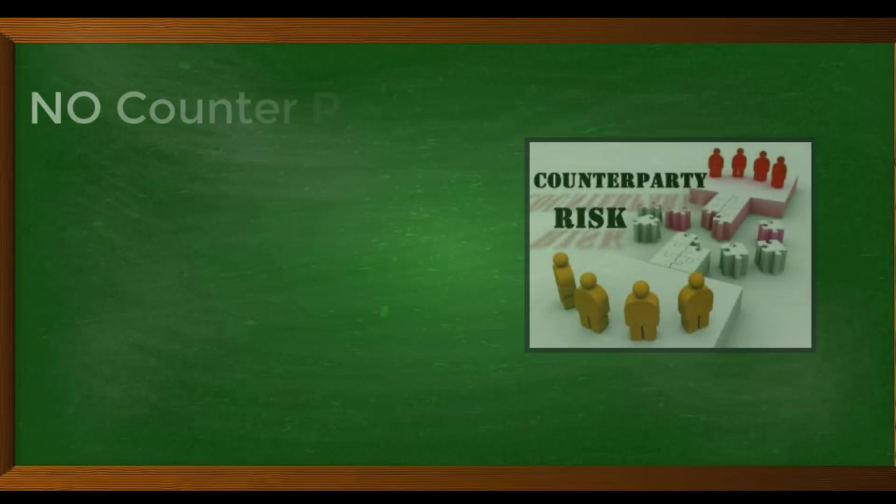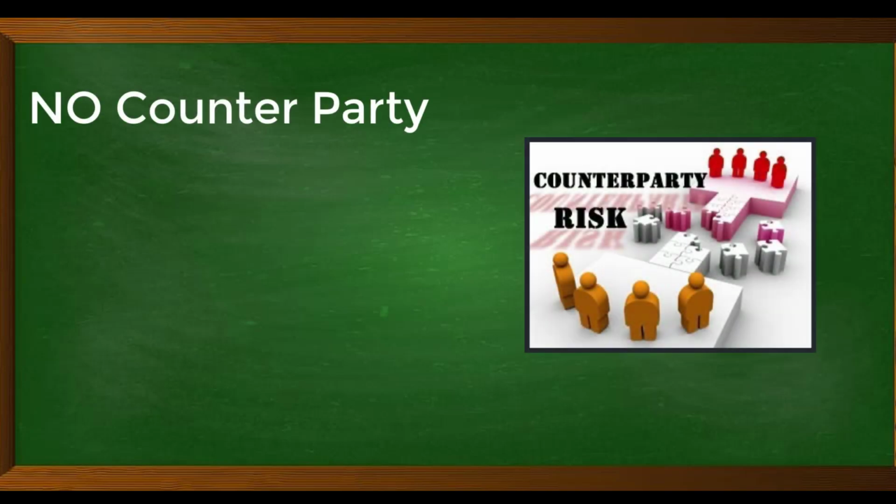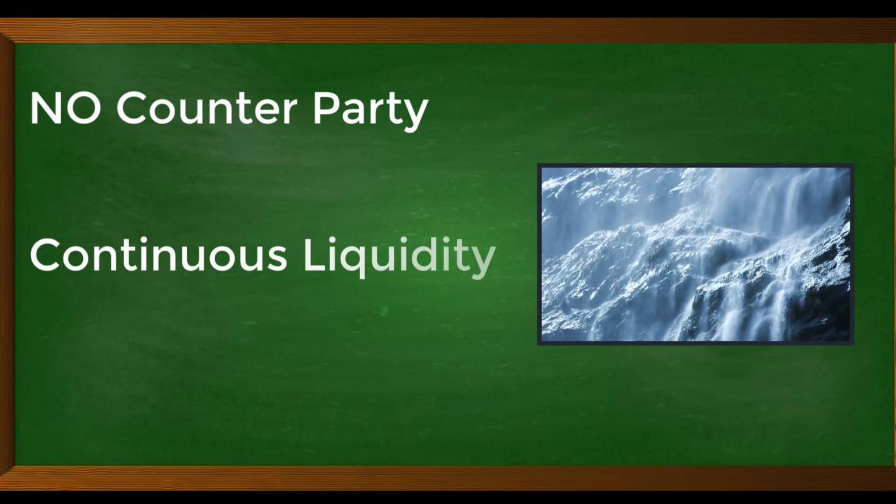Number one, there's no counterparty, unlike a centralized exchange. This means orders don't have to be matched between buyers and sellers. When you go on the exchange, you're essentially trading against smart contracts. Secondly, there's continuous liquidity, because Bancor uses an automated pricing mechanism which increases a token's price and its supply